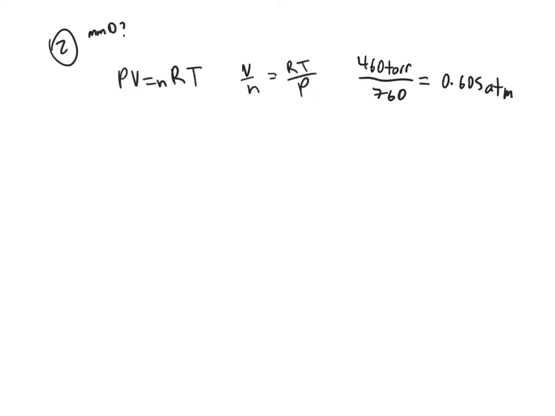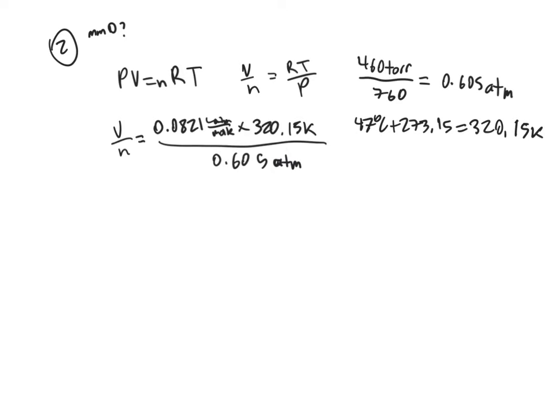And the temperature we're given in Celsius, so we add 273.15 to get 320.15 K. And then if we input that all into our RT over P, we find that the molar volume is 43.45